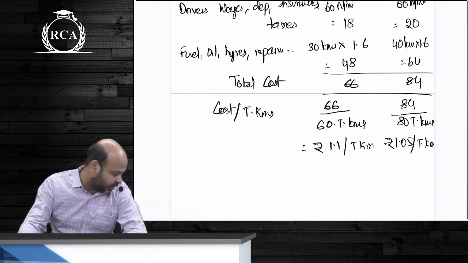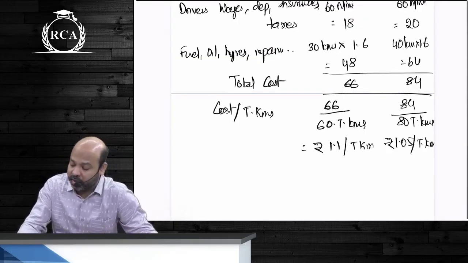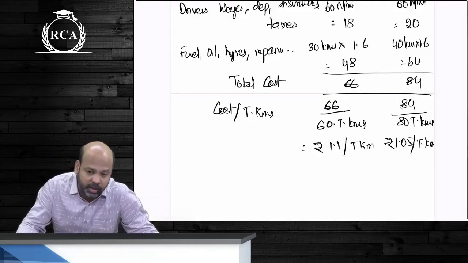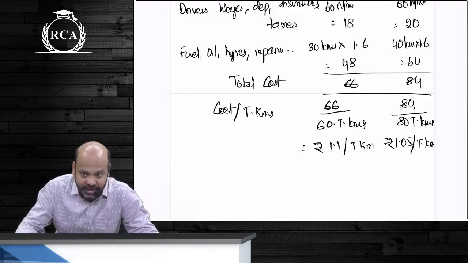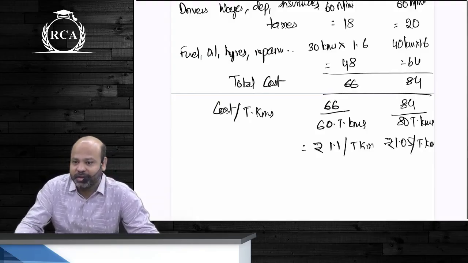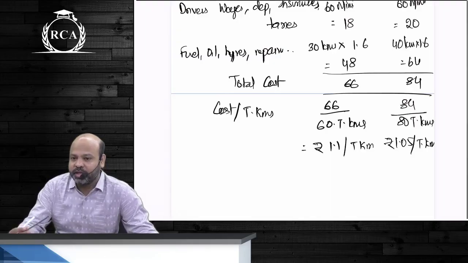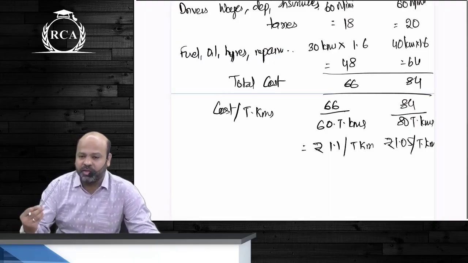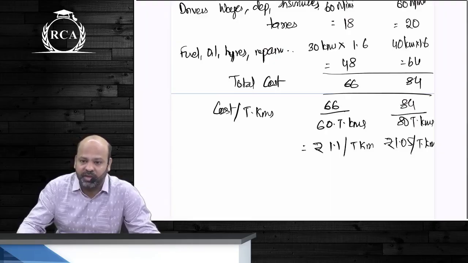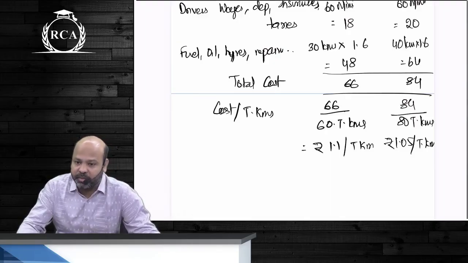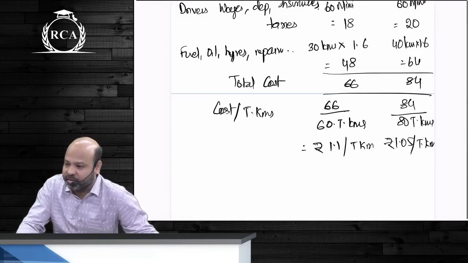If they would have asked us, guys, which mine is cheaper, what will be the answer, guys? Yes beta, incorrect. X. What are you doing, yaar? In both cases you are carrying only 4 tons of coal. The first one is costing you 66 rupees. The second one is costing you 80. The intent is never to minimize cost per ton kilometer. Are we not carrying the same load?